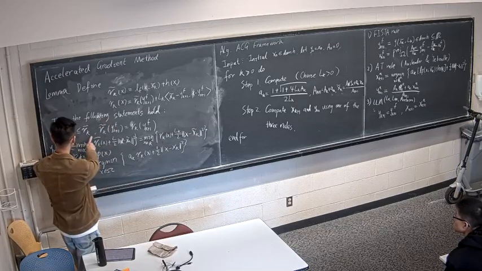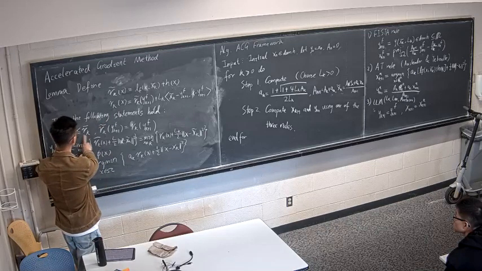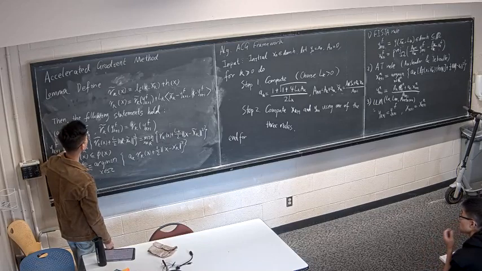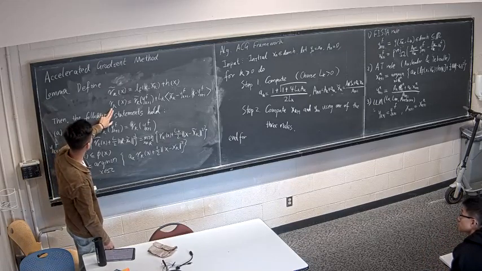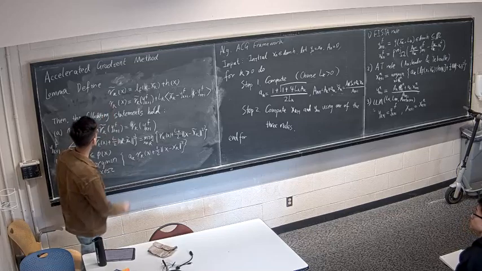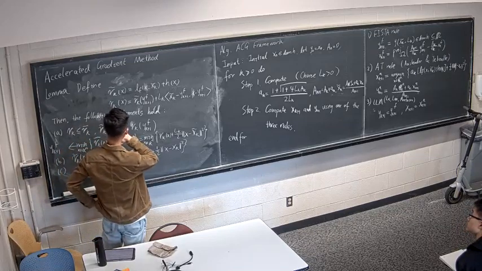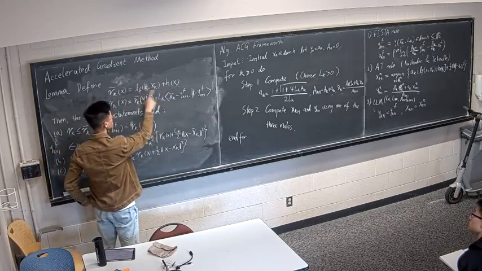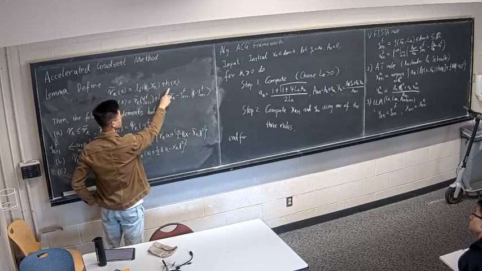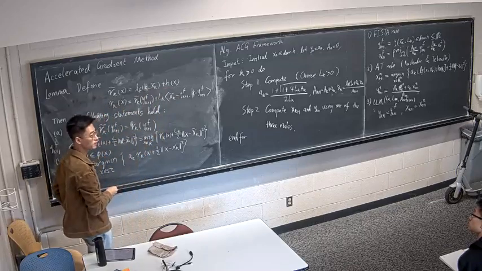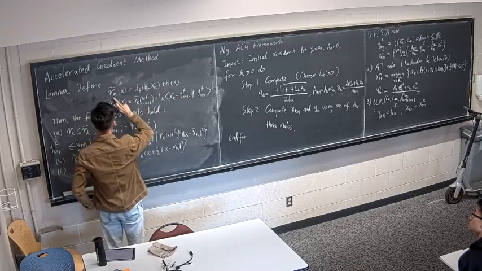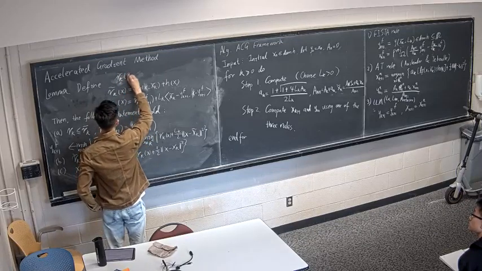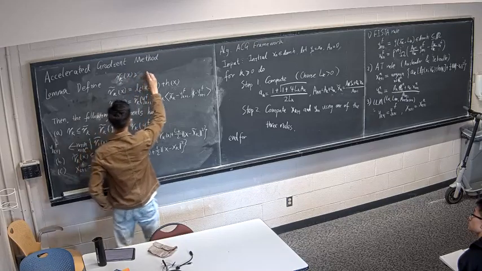The last thing to show is that gamma k is underneath gamma tilde k. Basically, we are using the convexity again. First of all, we need to note this is a convex function because this is a linearization and this is convex. So the sum of the two is still a convex function. For a convex function gamma tilde k, you can show that gamma tilde k of x is greater than or equal to